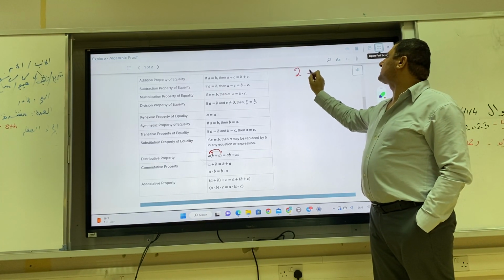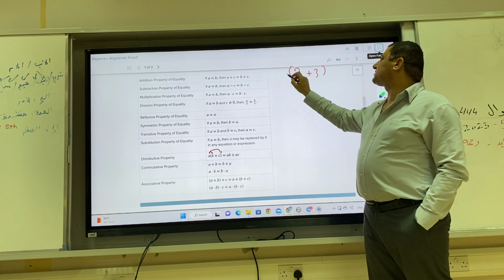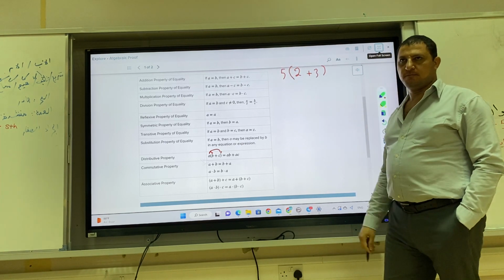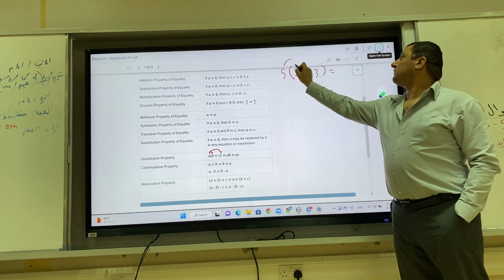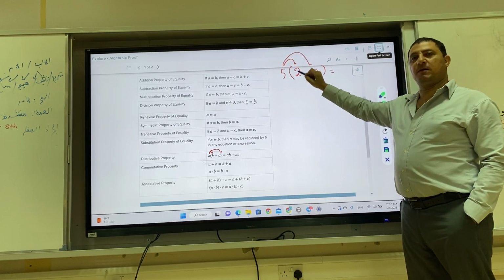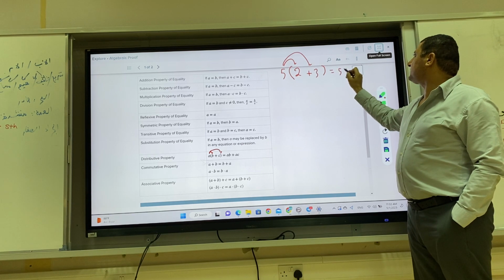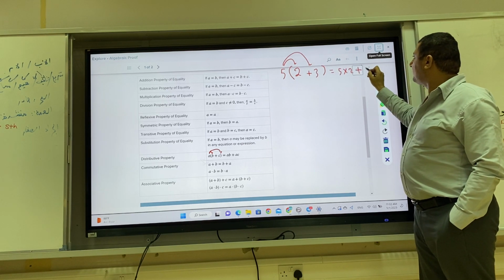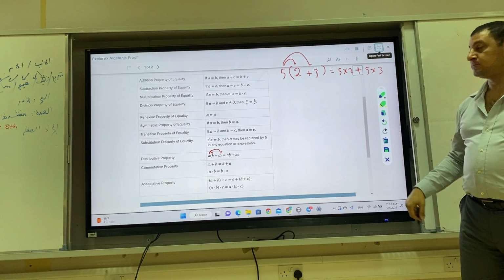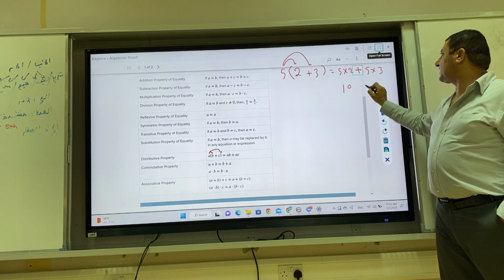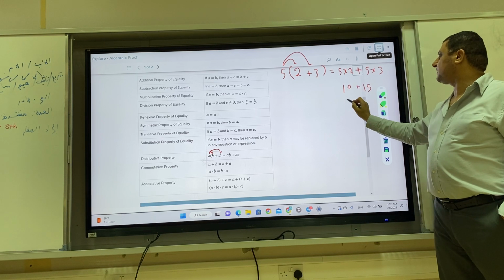Let's say 2 plus 3, and I will distribute 5 to them. So this can be solved as 5 times 2 and 5 times 3. 5 times 2 is 10, 5 times 3 is 15. If I add 10 to 15, the answer is